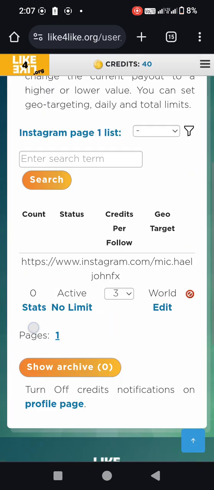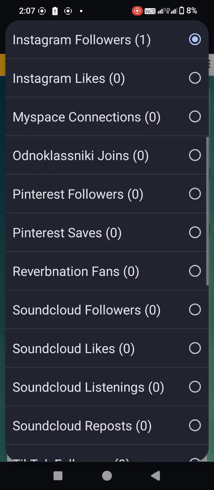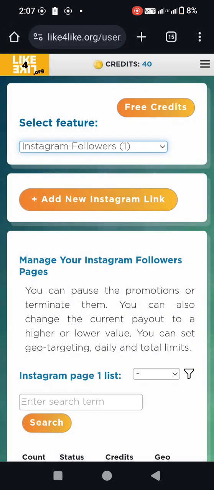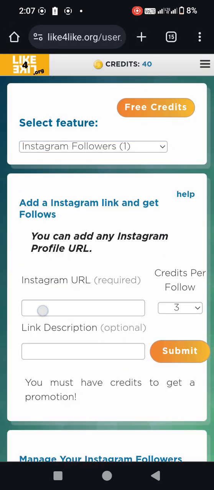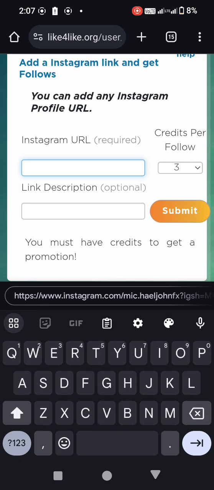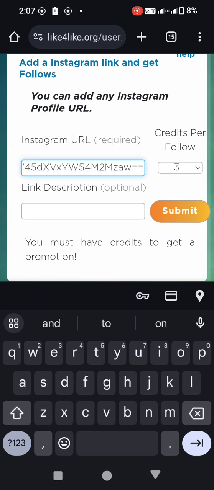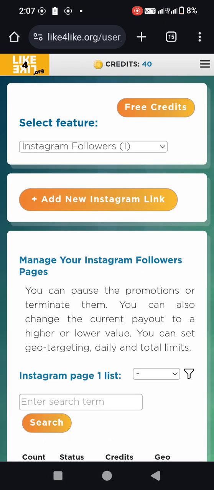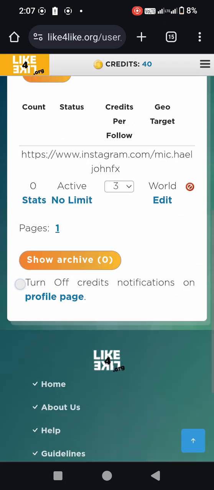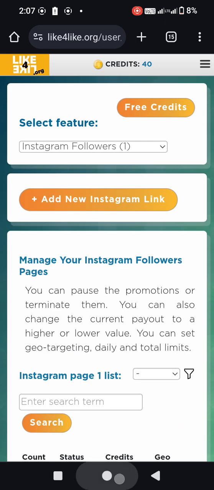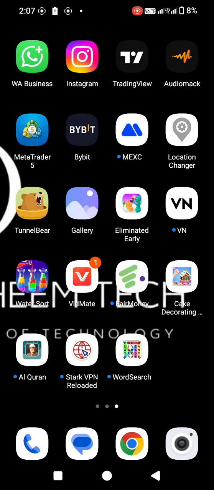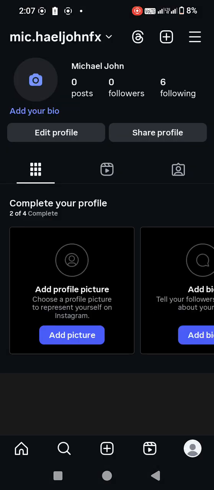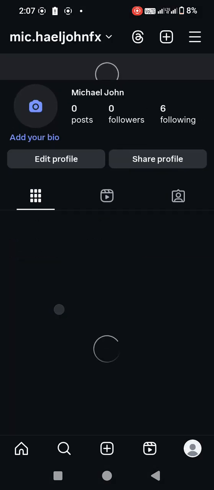If it doesn't work, you can just boost it again, add your Instagram link, then do it like 2 times. If your boosting doesn't drop, if you do it 2 times, I think the boosting will automatically be dropping one by one, because someone is also doing the tasks, so they are the ones to